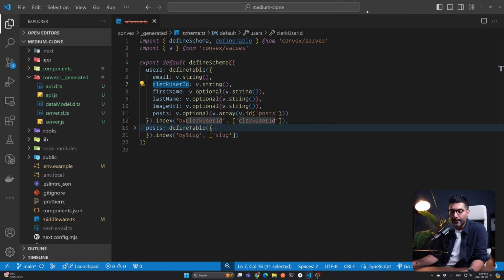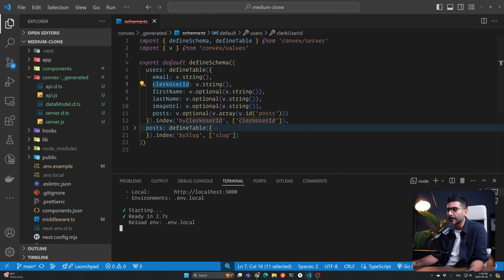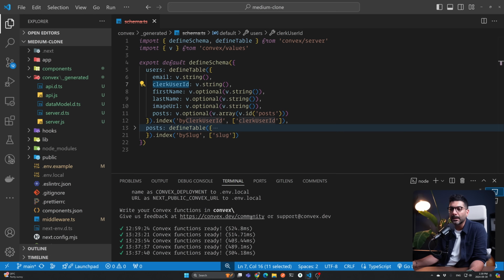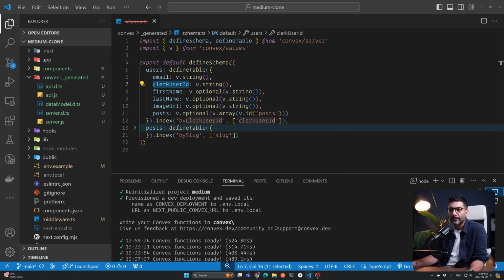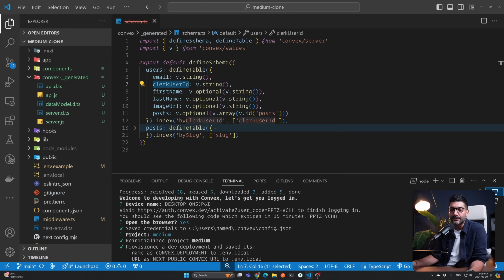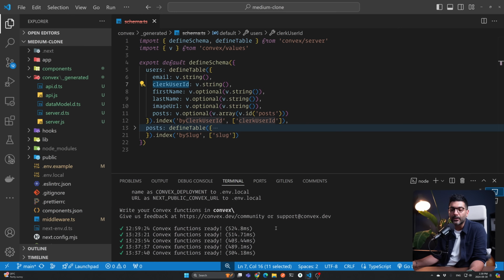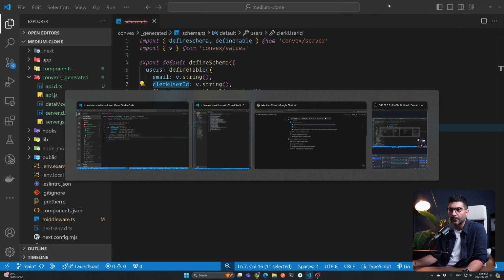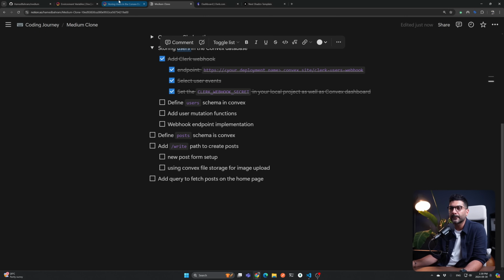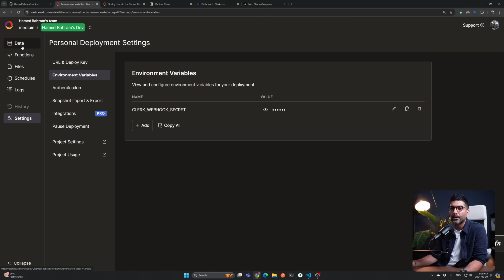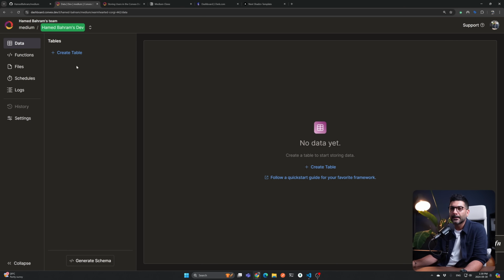Now, if I open up my terminal and go to the first tab where we are running Convex still, this detects any changes you make to your Convex folder and deploys these changes to your hosted Convex platform. And now we don't have any errors, as it says functions are ready. Now, once you set this, if you go to your Convex dashboard now, go back to the data,